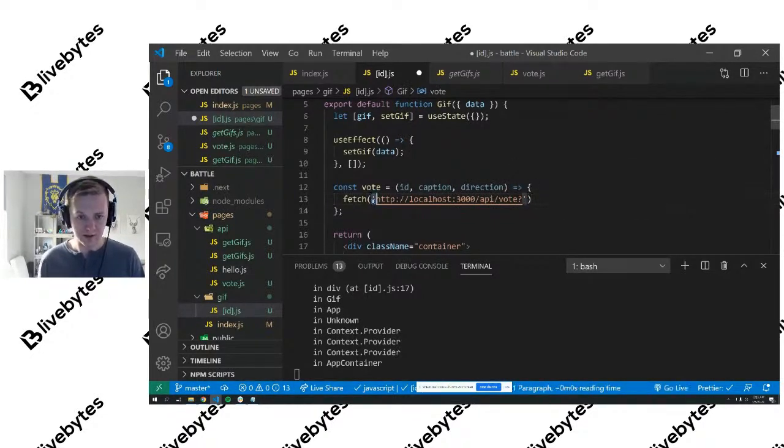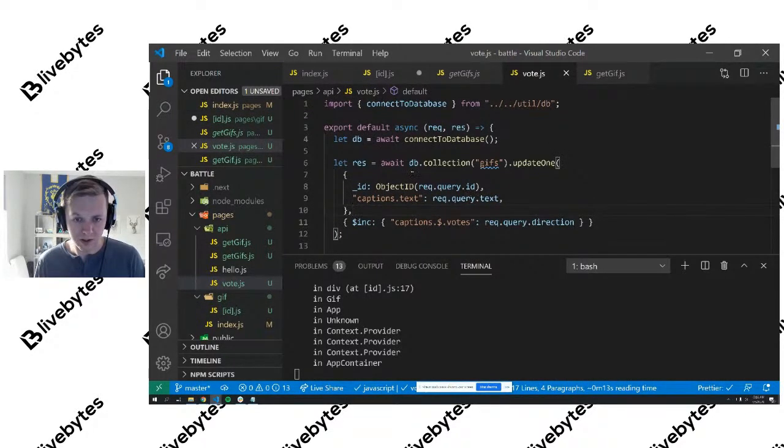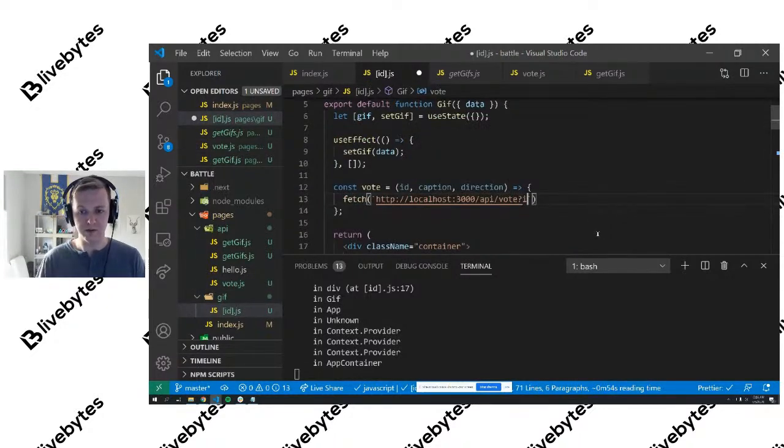Actually, let's do it this way. I'm going to use string literals so that it's a little bit easier to pass our data. We want the ID, the text, and direction. So we'll start with the ID